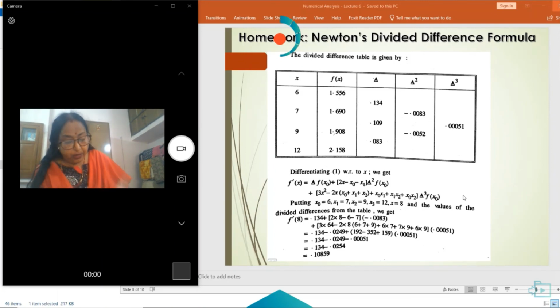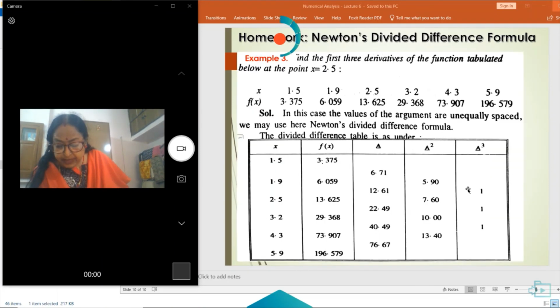So similarly, do the homework: find the first three derivatives of the function tabulated below at the point x is equal to 2.5. That is also given on your screen, and then solve it. Prepare a difference table, not a simple table, the divided difference table, and then put the values in Newton's divided difference formula. Otherwise, it will be